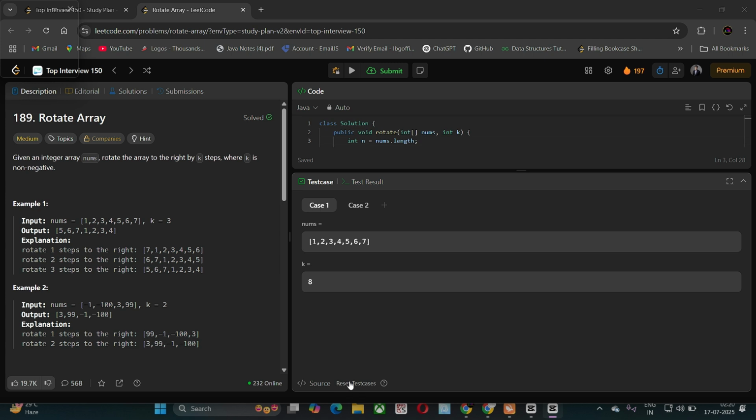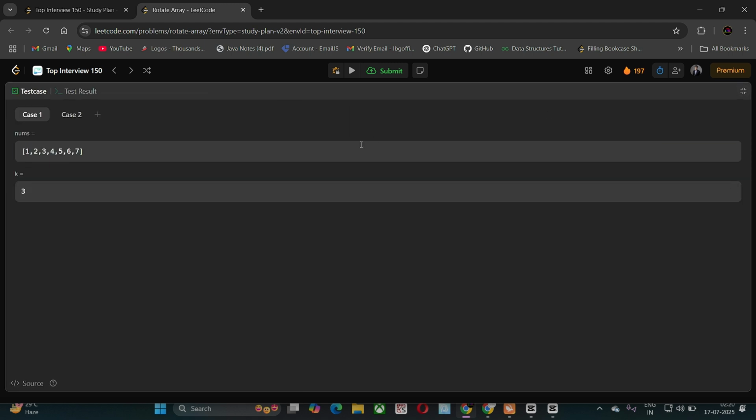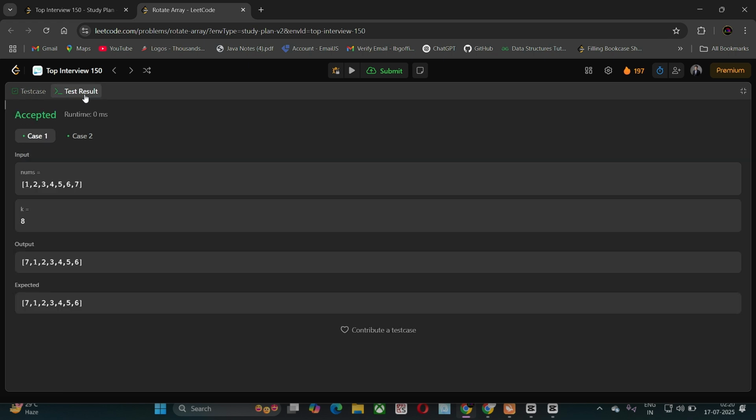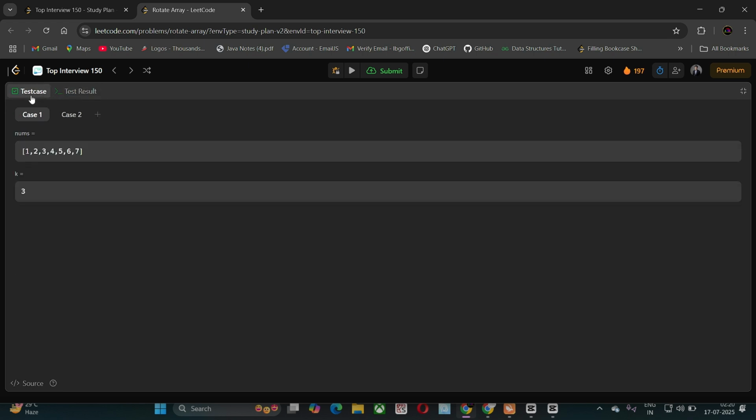It gives me 3. That is workable, because if I don't use this in our code, it breaks when the length increases. But if I use this, even if the value of k increases, we take it modulo n. So that's the whole problem.